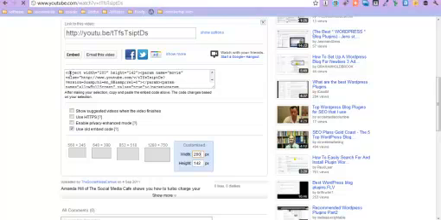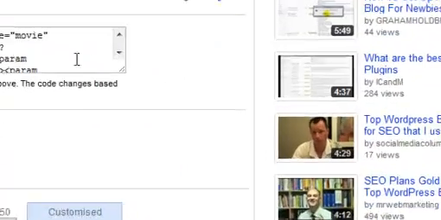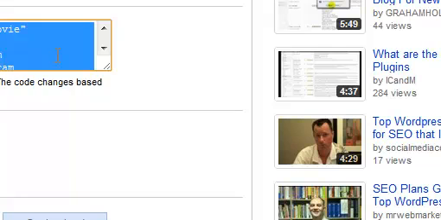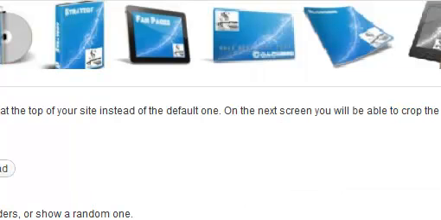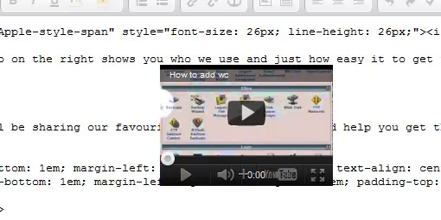What it's also done in the embed code up here is it's changed this here. So if I just change that to 300, you can see it's automatically changing it here for me. So if I just click in here, it's highlighted it all. I just need to copy it, so I'm using Control and C, and then I need to go and find my blog that I want to put it into, or actually I'm going to put it into here,